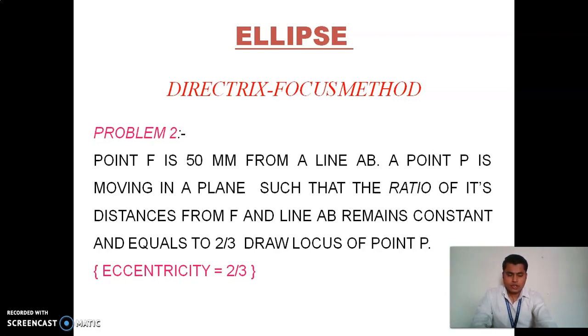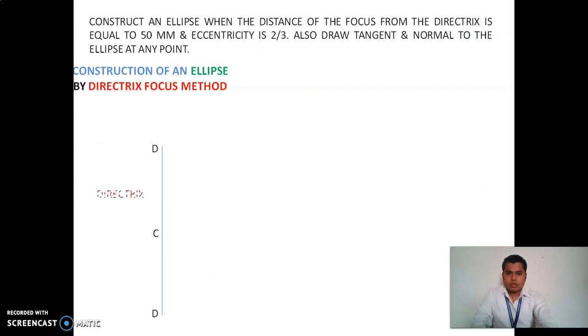In the last session we have seen what eccentricity is, that is the ratio of the distance of the vertex from the focus to the distance of the vertex from the directrix. So we need to first plot some basics before starting the problem. We need to draw the basic structure of the curve. That is the directrix DD, a vertical line, then the axis, a horizontal line exactly perpendicular to this directrix DD, which is passing through point C. Now we have the axis and directrix.